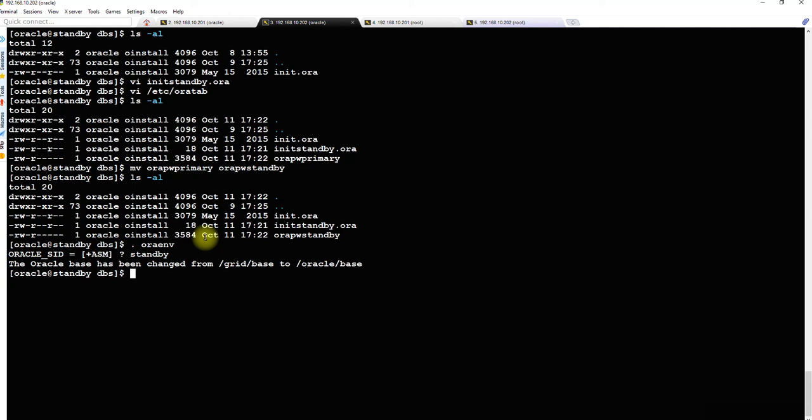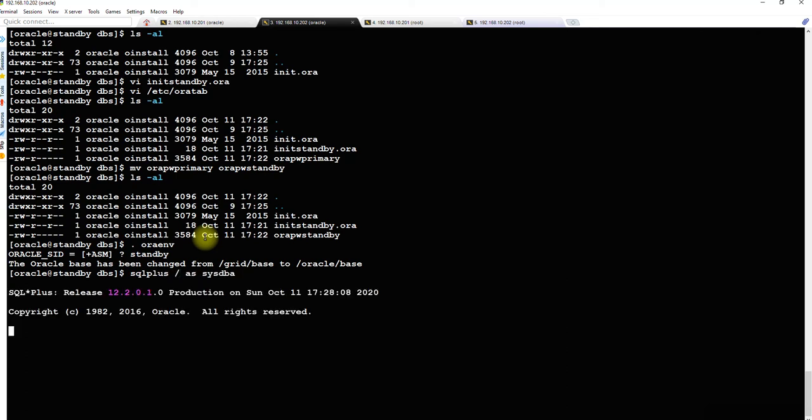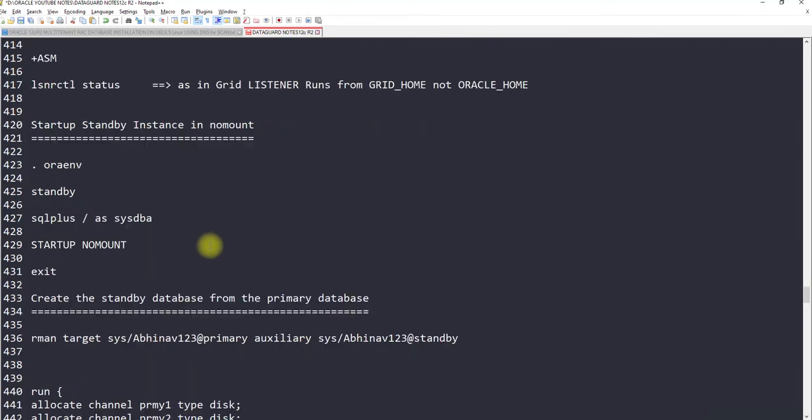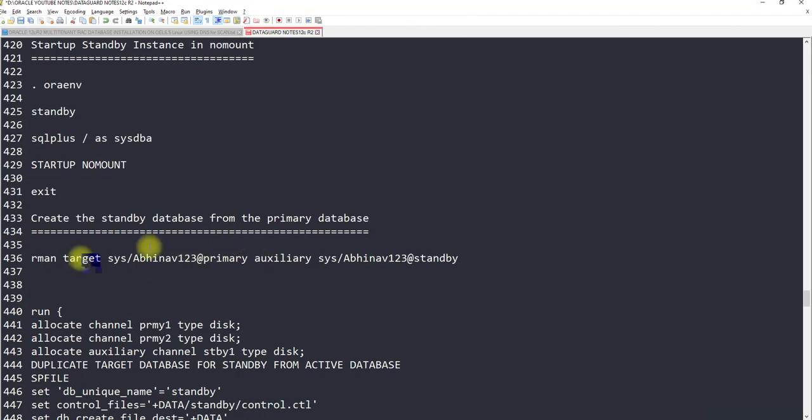So let's do it. The environment variable is set up, so we will nomount. Let's see, everything goes fine, okay. So we have nomounted it. Now we have to connect to the primary database, right?